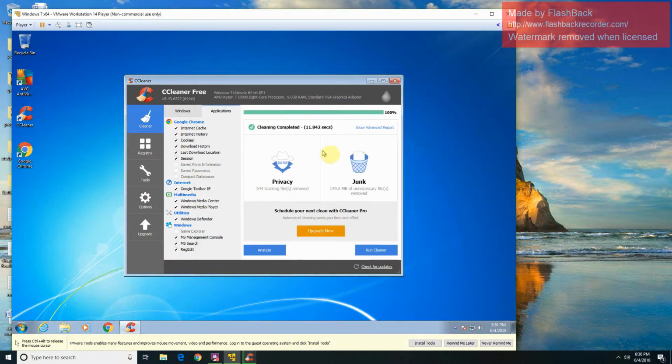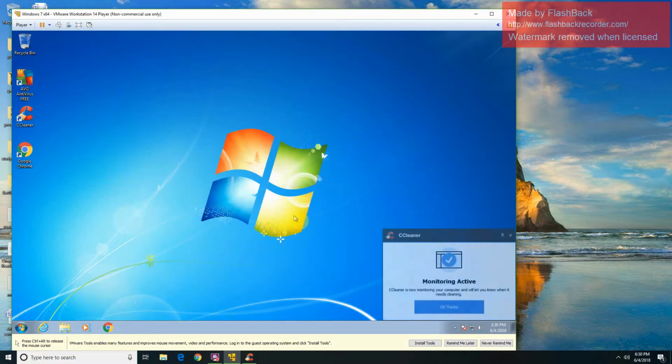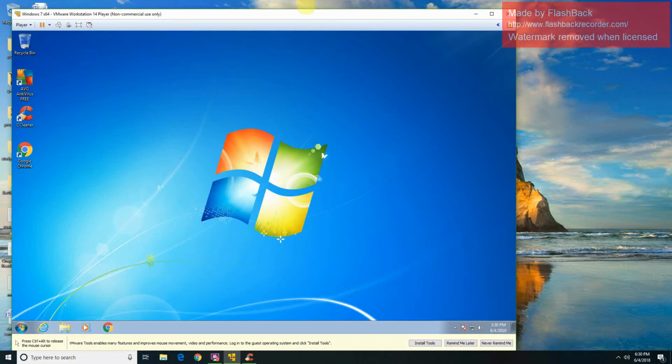Okay, while that runs, it says about tracking files and junk. So it also gets rid of tracking files, like tracking cookies and stuff like that. And it'll let you know when you need cleaning. So,